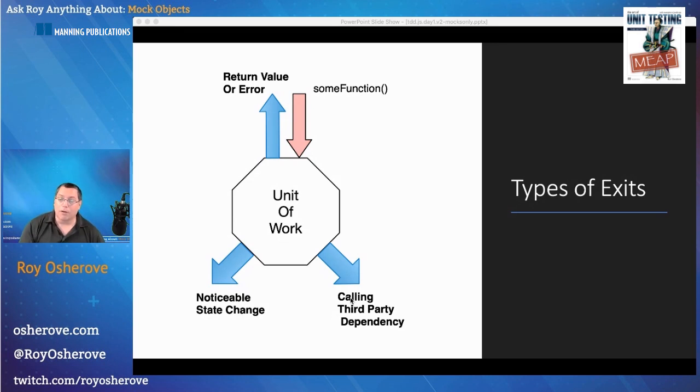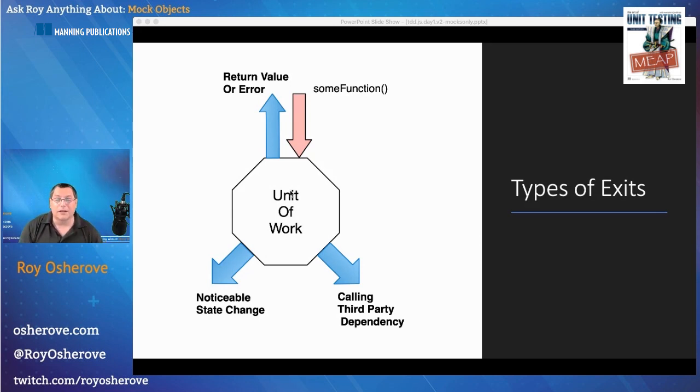So a unit of work is everything that happens from the invocation of one entry point until we reach one of the exit points. That's all it means. Now it could mean that this function can call multiple functions inside the unit of work, or even multiple classes or components or modules until the exit point is reached. I don't test private stuff, so I only care about stuff that is publicly visible. And that's the definition of a unit of work.